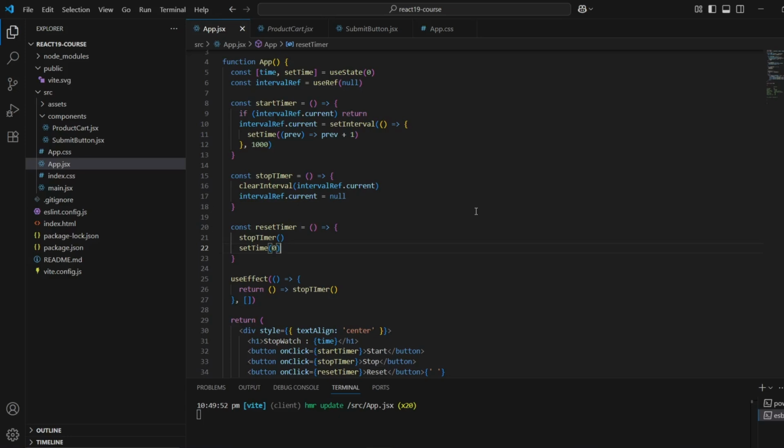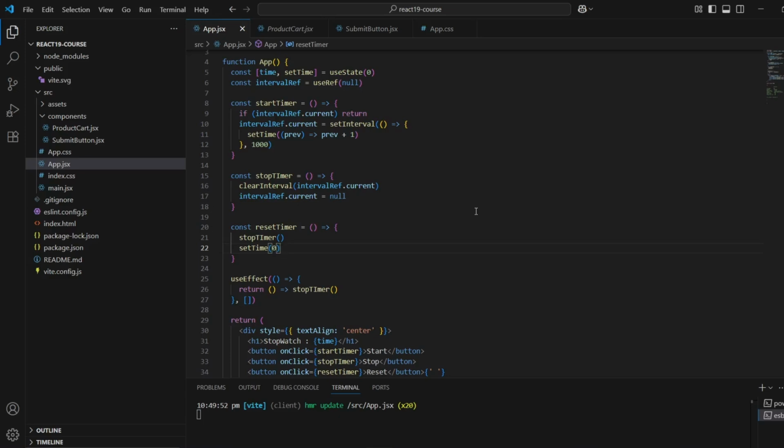The second case is if there is a requirement that in a component you want a certain section to be scrolled whenever you click on something. Suppose you click a button, and on that button click you want to scroll your page to a certain section, then you can use useRef.